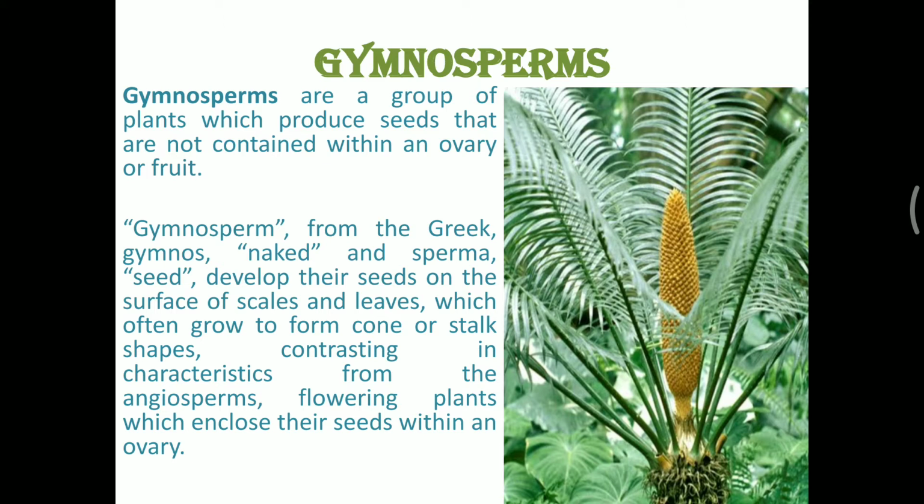Gymnosperms are a group of plants which produce seeds that are naked, and the term itself in Greek means naked seeds. The plants with naked seeds are called gymnosperms. You can see the entire cone which is visible, and that's why it is a gymnosperm. Now, when these plants show the growth of the